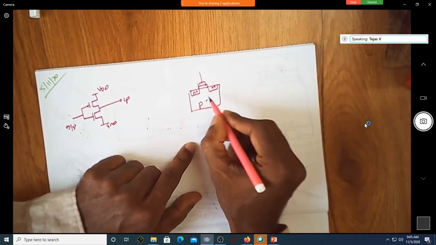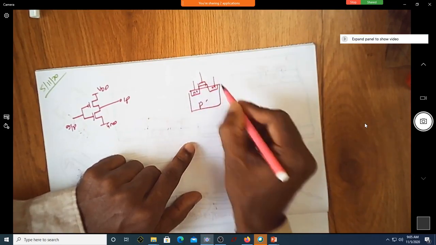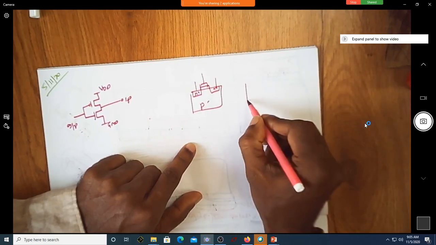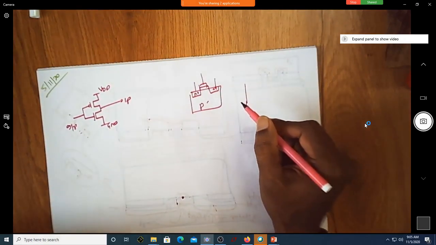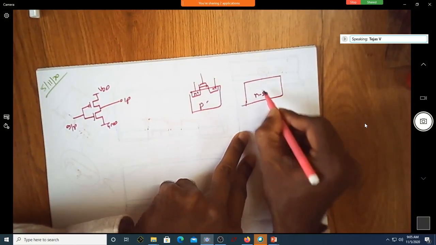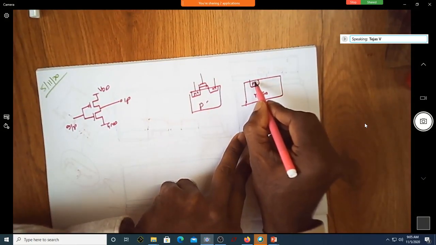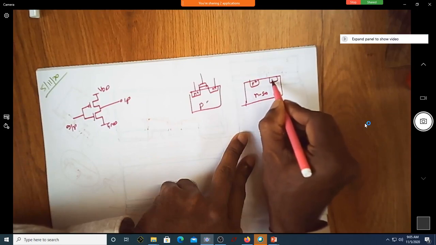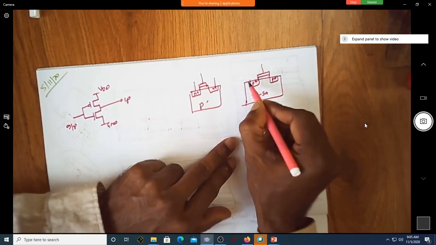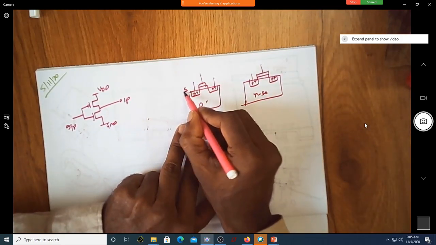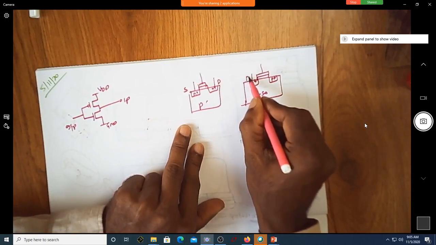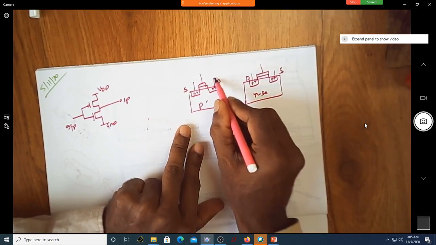Yes, sir. This is the NMOS transistor, and we're going to have a PMOS transistor. How do you realize a PMOS transistor? N substrate, and on that we're going to have P plus and P plus diffusions, and then we're going to have the gate structure, all those things. If you assume this as source drain and this as drain source, how do you connect?